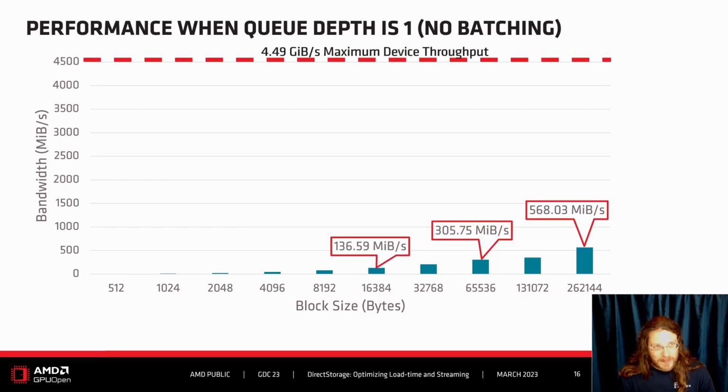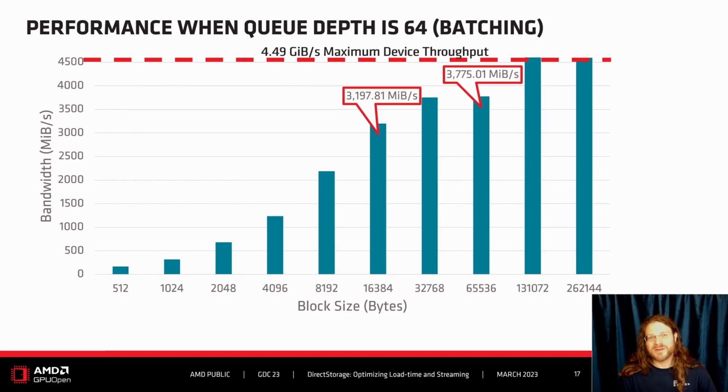So as you can see here, compared to the maximum throughput of the device, we're not utilizing this device very well. And as we go to the left of the chart, our throughput greatly decreases and our ability to utilize the device to its maximum throughput potential is decreased. However, when we have the queue depth set to 64, then our potential to utilize the throughput of the device is greatly increased. And we're able to achieve that at about 128 kilobytes per request, or 256 kilobytes per request, when the queue depth is approximately 64.